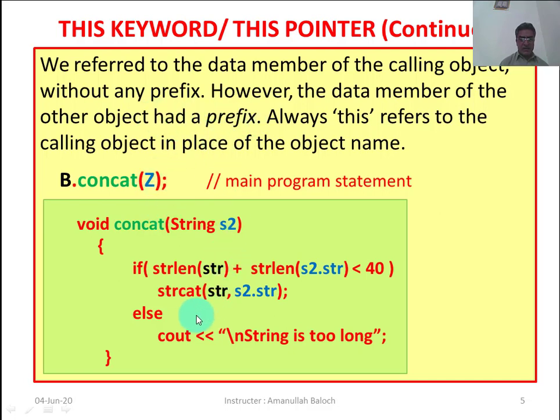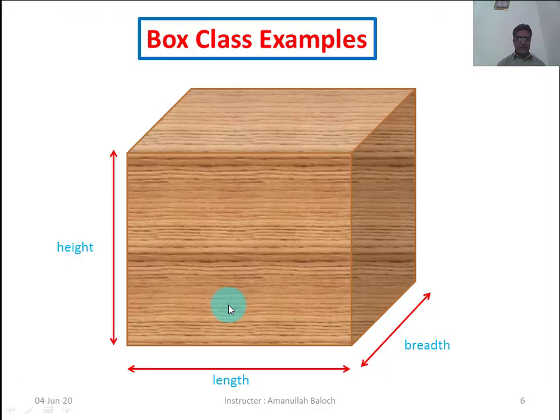This is our objective in repeating this code. Here we are going to explain these 4 lines of code. In the next box class example, you will understand the concept of this pointer in detail with the help of this example.